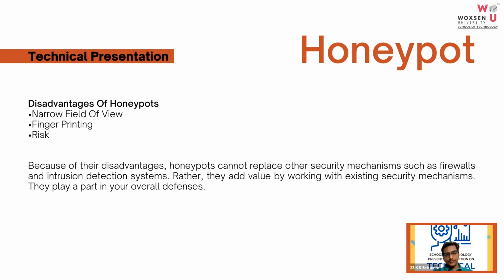And the third one is risk. What risk means here is that when we are using a honeypot, we must be aware that we are putting our data in the hands of a hacker. If the hacker is successful in hacking, he would be able to access all the data, and sometimes even if he is not able to hack the honeypot, whatever data is available in the honeypot, most of the time his work will be done there itself, because we are giving the data in the honeypot. Because of these reasons, honeypots are not used to replace security mechanisms like firewalls or intrusion detection systems, but they are used as an additional security detail in many companies.